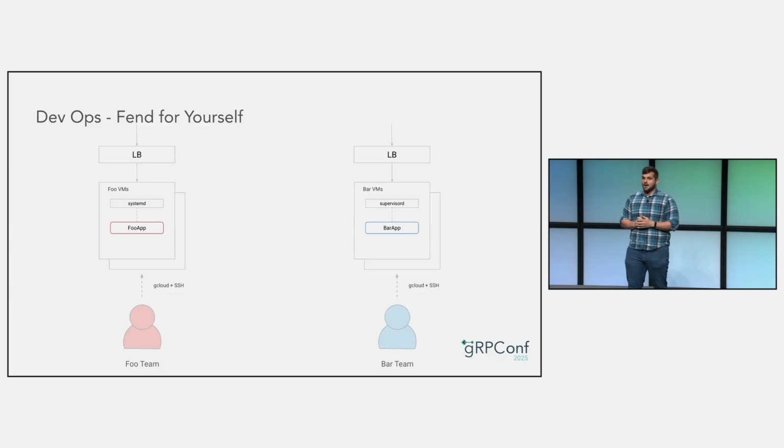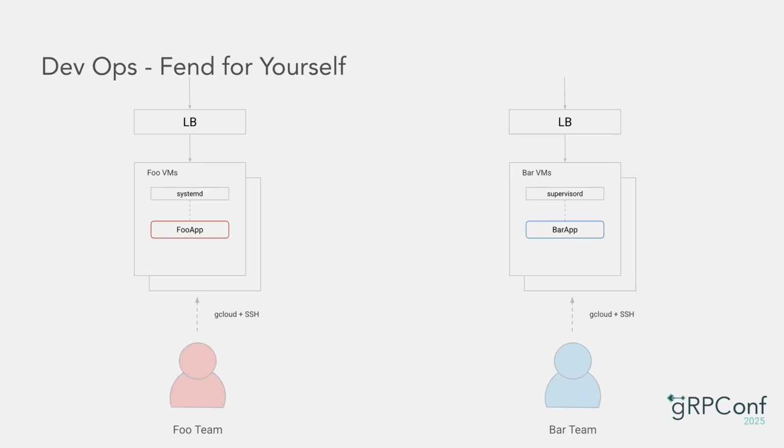People sometimes call the first model DevOps, because every developer is also responsible for opsing or operating their software. This means that each team needs to manage their own pool of VMs and all of the associated infrastructure. The CTO more or less gives the team's cloud budget and says, make it happen. They need to figure out exactly how to deploy their software to their VMs. Do you bundle them as tarballs or as Debian packages? They need to figure out lifecycle management for deployed software. How do you deal with crashes and out-of-memory errors?